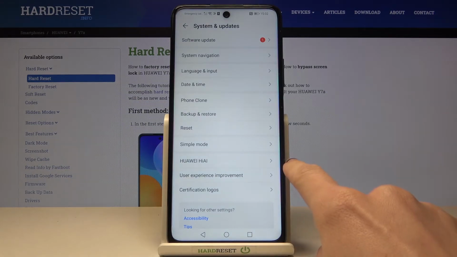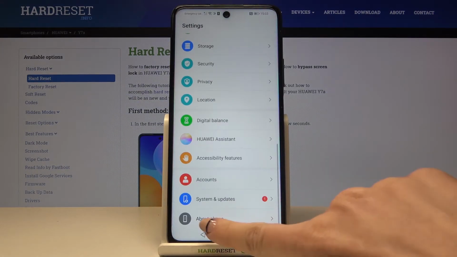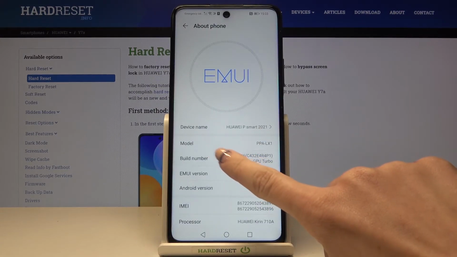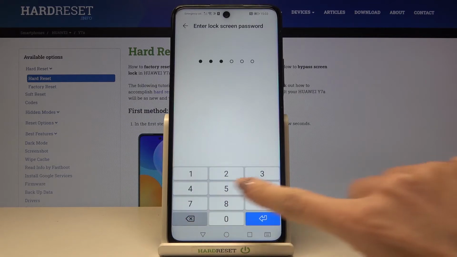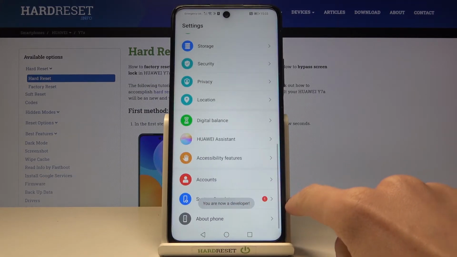So actually we do not have unlock developer mode. To do it we have to go back and reach About Phone. Now tap 7 times on build number, enter your screen lock password to confirm that it's actually you, and then you can open System and Updates